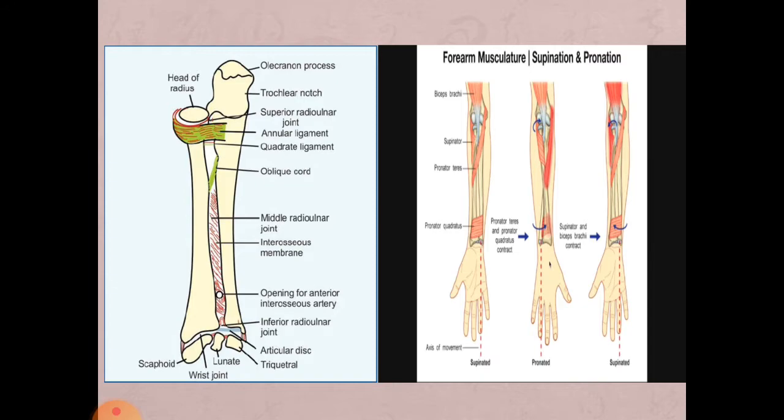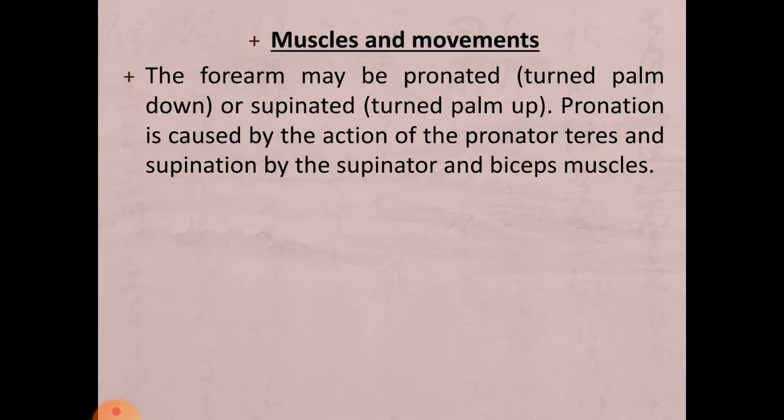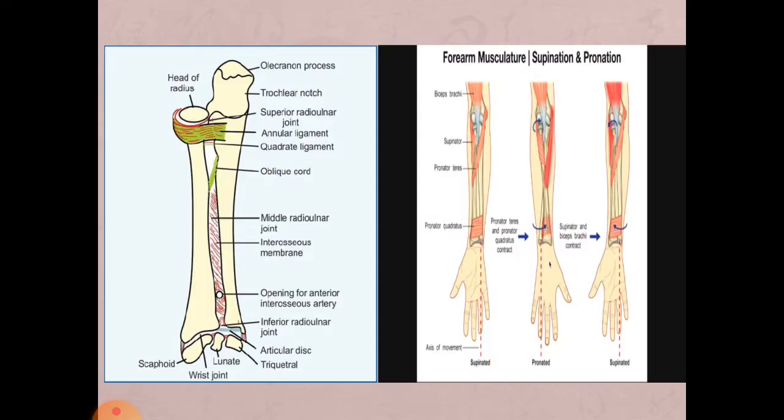So these two are the pivot type of joint, and between this is a fibrous joint that is due to the interosseous membrane, and it is providing the stability to these two bones. And you can also appreciate the ligaments, the extracapsular ligaments, that are providing the stability to the proximal radioulnar joint.